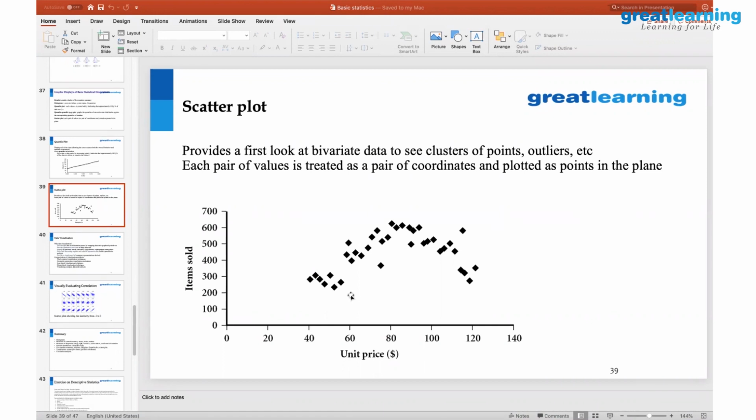This, for example, is a scatter plot for you. So every point represents a value of X and a value of Y for every individual or every record. For one record, you have two values, X and Y, and that is pointed here. So if there are n observations, there are n points which are scattered across the plottable area. That's why it's called a scatter plot. Clear? So the scatter plot primarily tells you the distribution of data on the surface, how the data is being distributed. So you'll get a sense of what the pattern is, what is happening in that particular one.